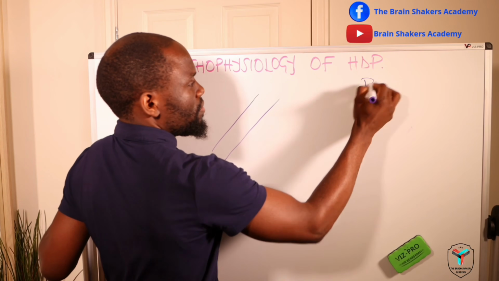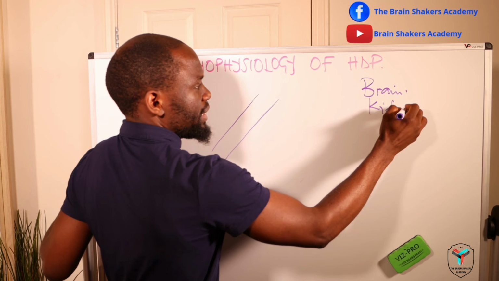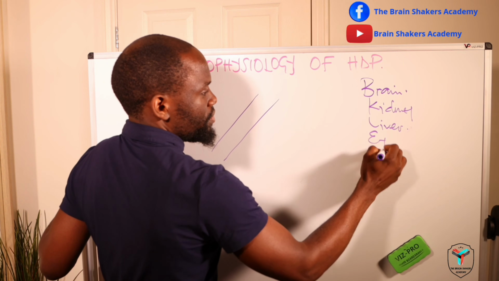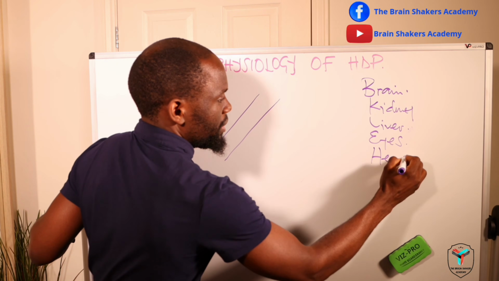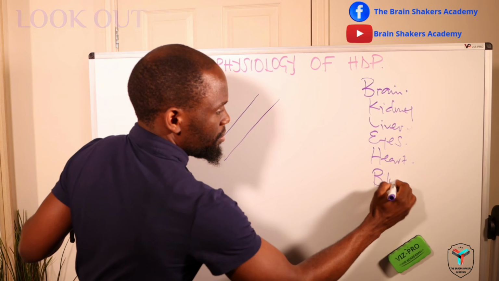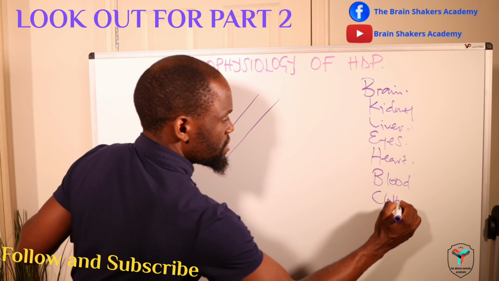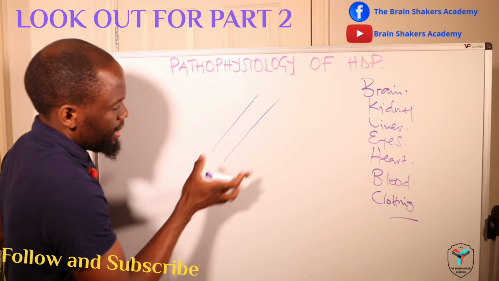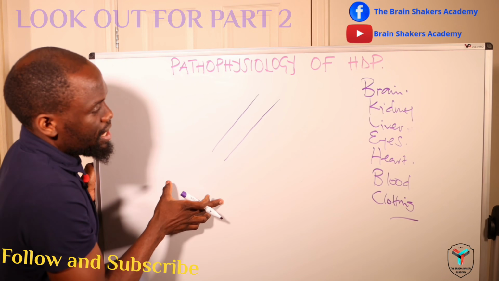Think of what is going to be happening in the brain. Think of what is going to be happening in the kidneys. Think of what is going to be happening in the liver, in the eyes, in the heart, then in the blood or circulatory system itself, and think also of what is going to be happening with the clotting responsibility of the blood. So the endothelial damage now, so